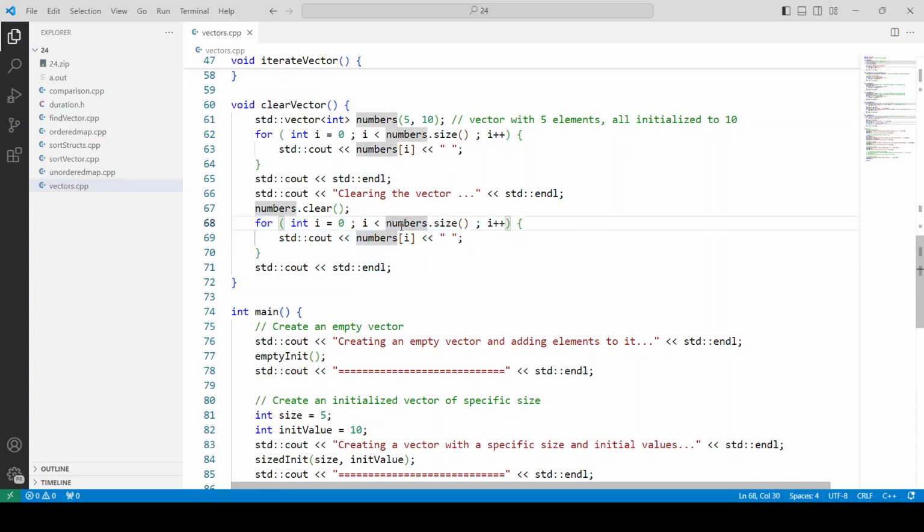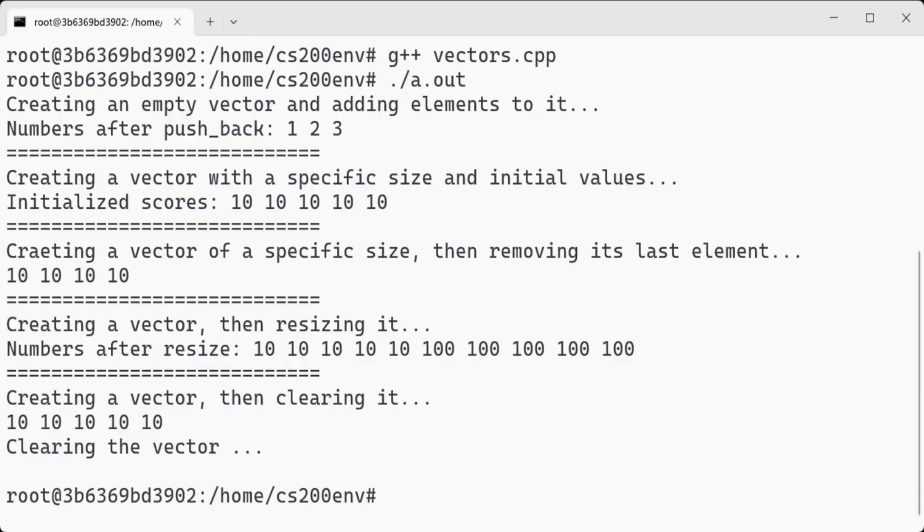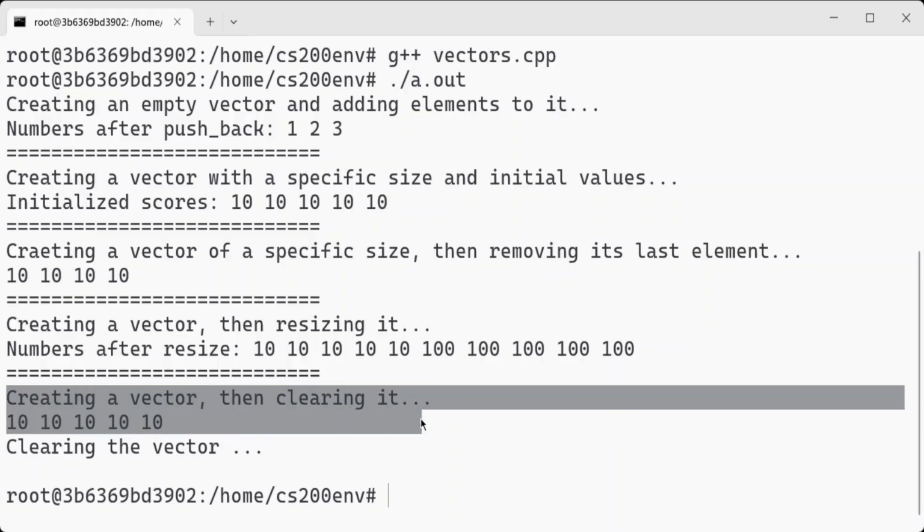Now let's see what happens when we compile and run this program. So back to our terminal, compile the program, and I run it. And sure enough, you see that you create a vector and display the 5 tens stored in it, but